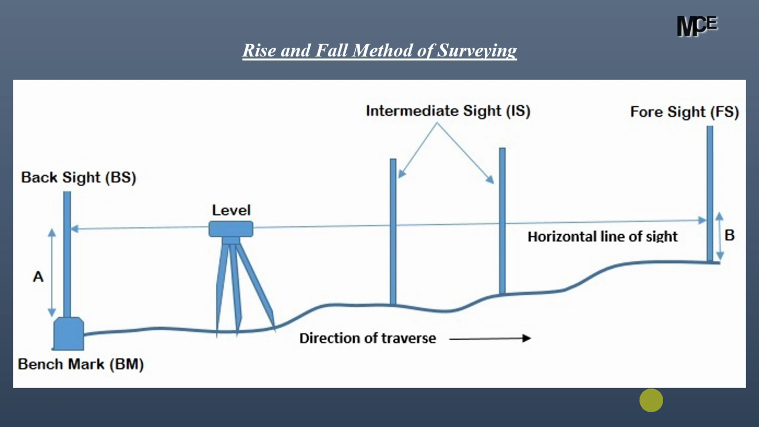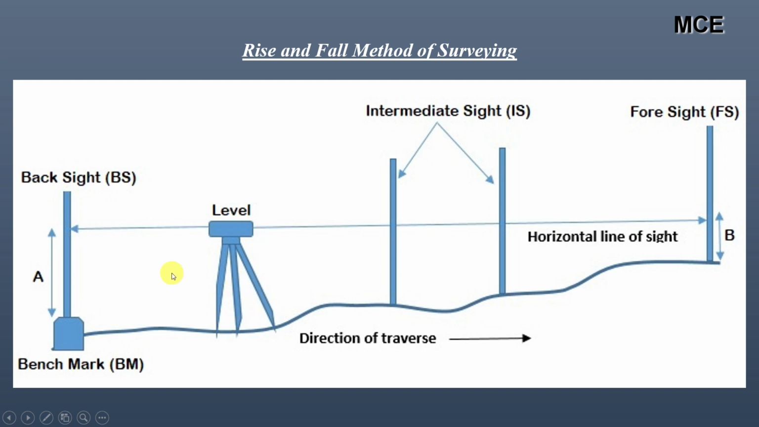The rise and fall method is a technique used in surveying to determine the difference in elevation between 2 points. It is commonly used in design and construction to create accurate site plans. We usually take a leveling instrument such as an auto level or dumpy level, and we set it up at